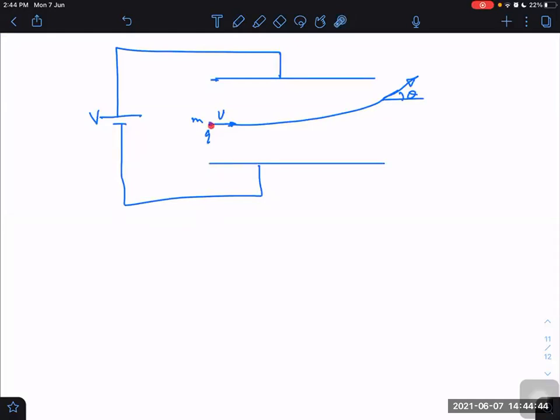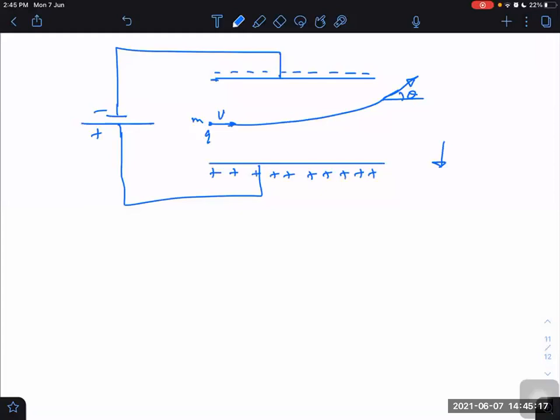Along this direction, it will be a constant uniform electric field motion. Magnetic field is not there. Only electric field. And let me connect the battery properly. Battery negative upside, downside positive, so that the upper plate will become negatively charged, and the downside plate will become positively charged. As a result, field will exist in between.